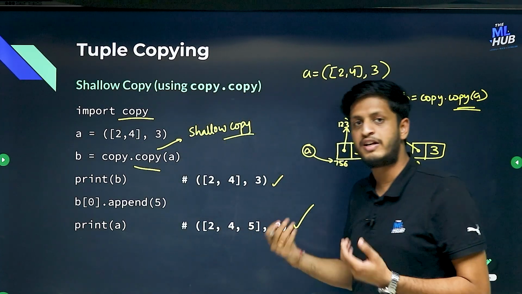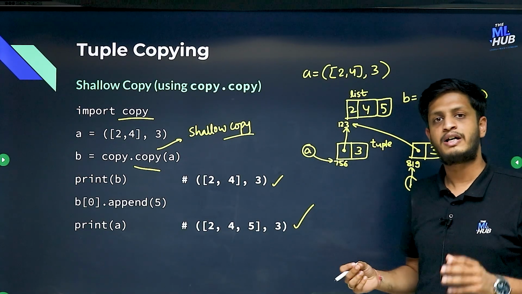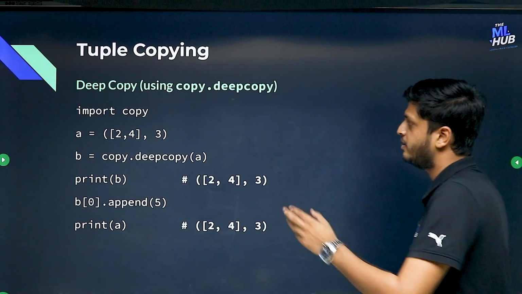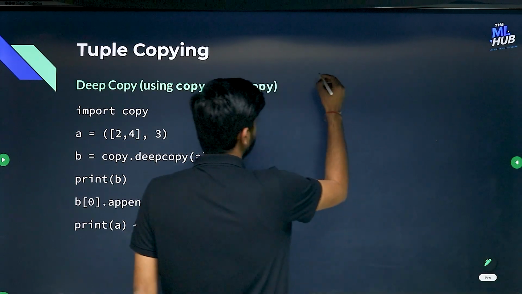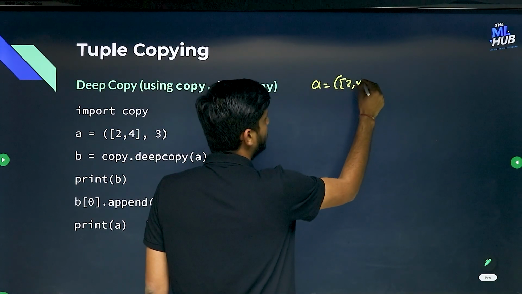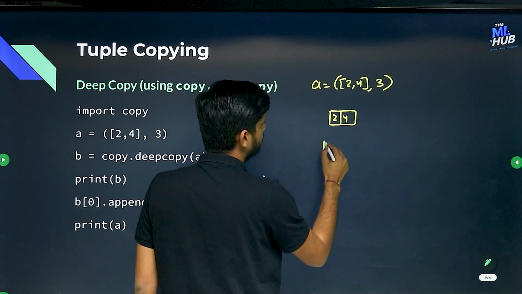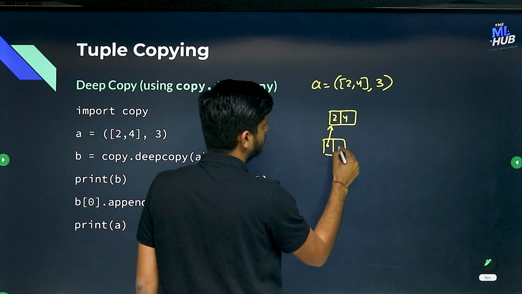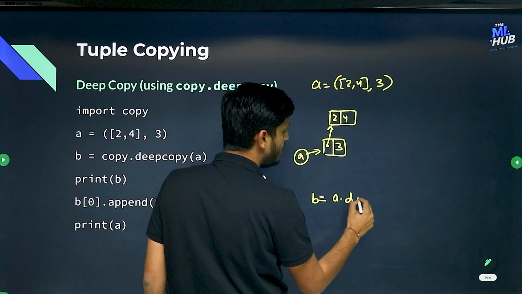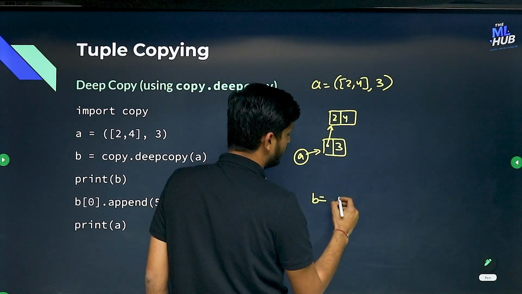And if you want to copy everything that is present, even the nested lists or nested tuples, then you can use the deep copy function which is present in the copy library. That is like creating a deep copy of it. So here A is equal to 2, 4, 3. This same concept applies for lists and tuples both. So A is something like this. And when you do B is equal to copy dot deep copy of A,